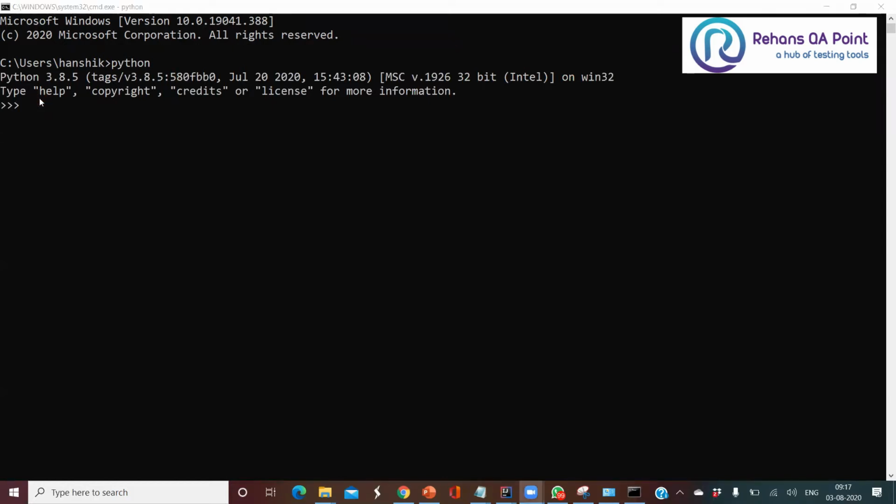So any questions? Earlier also, when you typed Python, we had the same Python output, right? Sometimes you won't get this output if the Python path is not set properly.